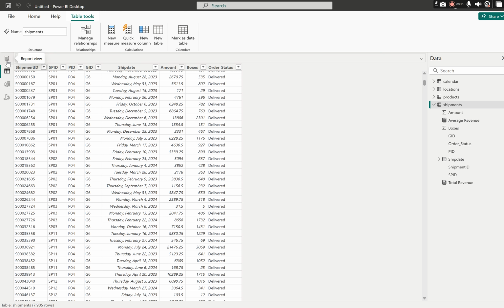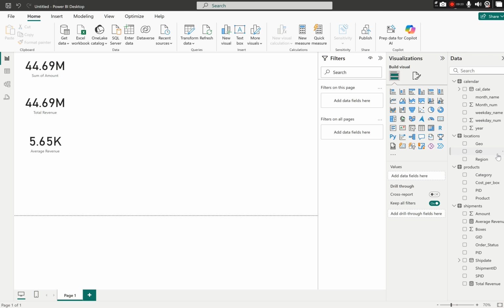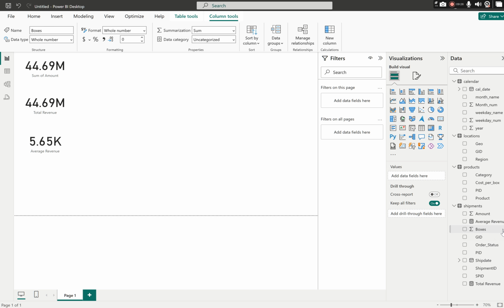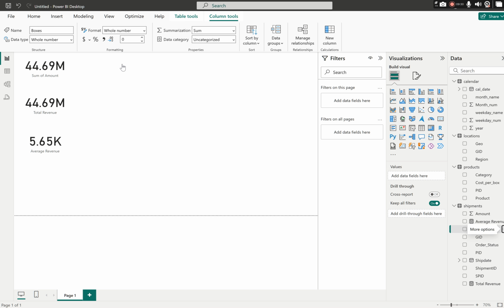So what if they want to know the total shipments that were done? You can't be counting one by one. You can do that with DAX. You just come here in the shipment table. You can just come in anything, any entry. Then you right click, and I say you want to create what? A new measure. Then the new measure, this time we can call it